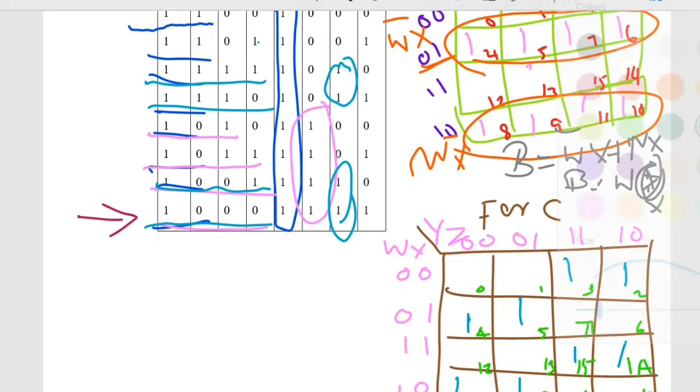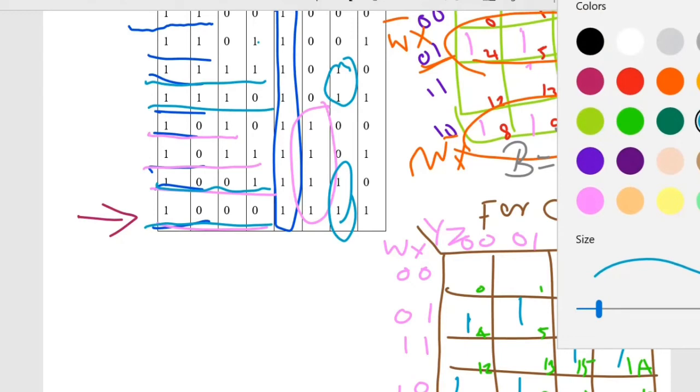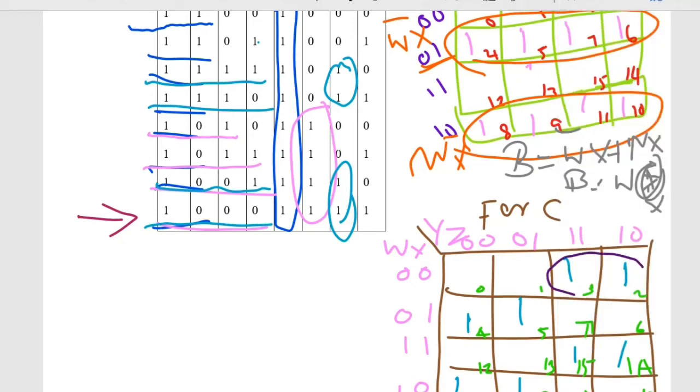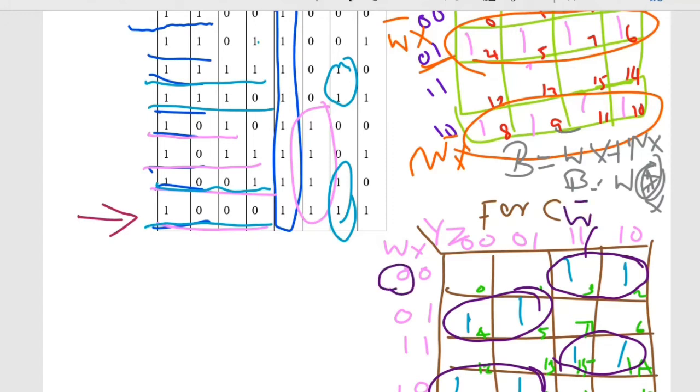Now you have to group everything such that you group like this and like this. What is the expression here? W bar X bar Y, then here W bar X Y bar.